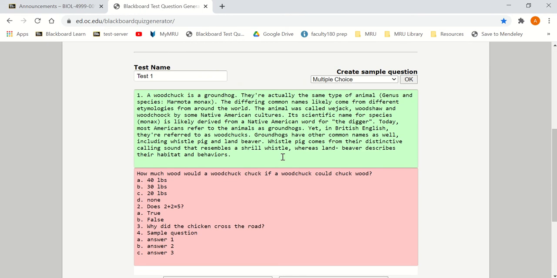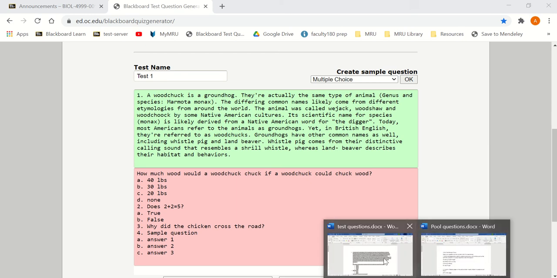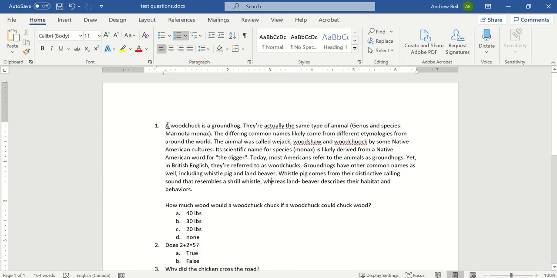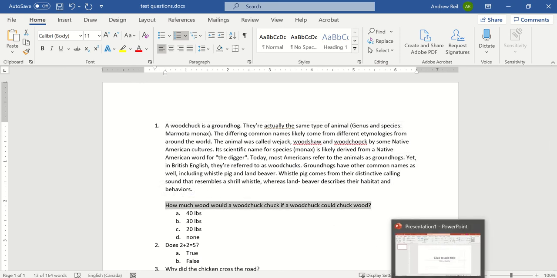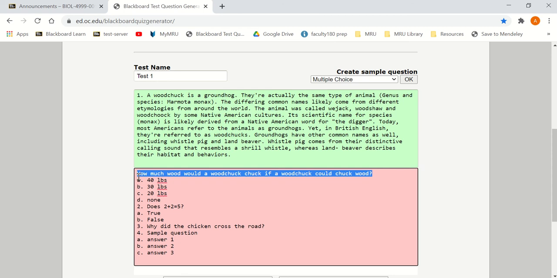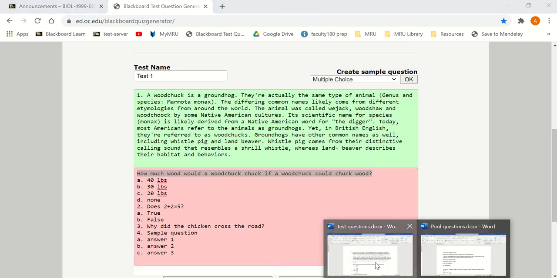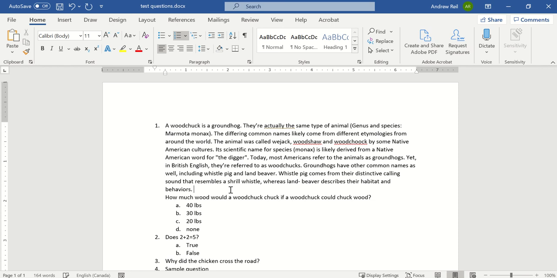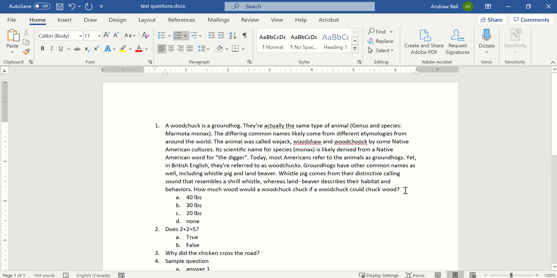It's going to have pink because of areas that are wrong. And in this case, this first question has 2 paragraphs in it. It has kind of an explanatory paragraph, maybe like a case study, and then the question itself. And the Blackboard test generator requires that it has only 1 paragraph, otherwise it's going to break it apart. So either before or after, if I wanted to do it before, I would have to delete the space between there and bring it in. If it's afterwards, I would have to